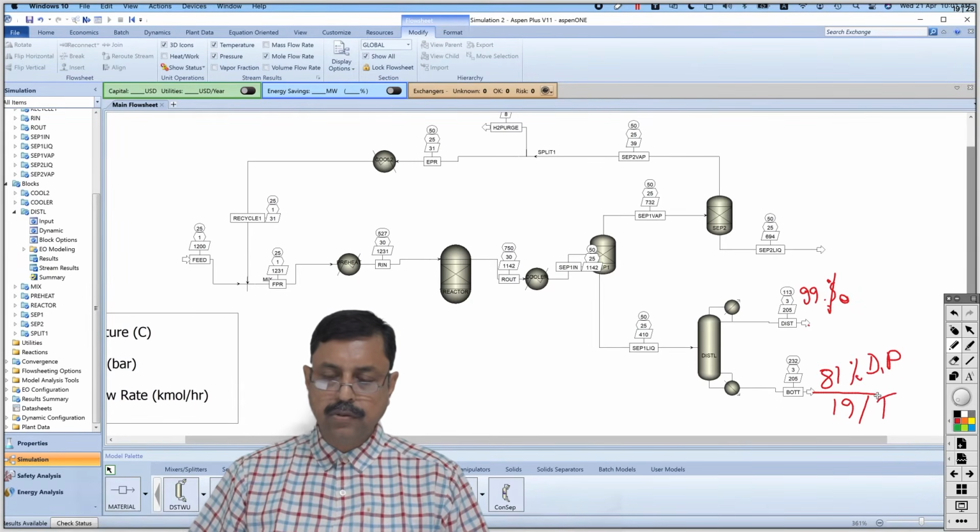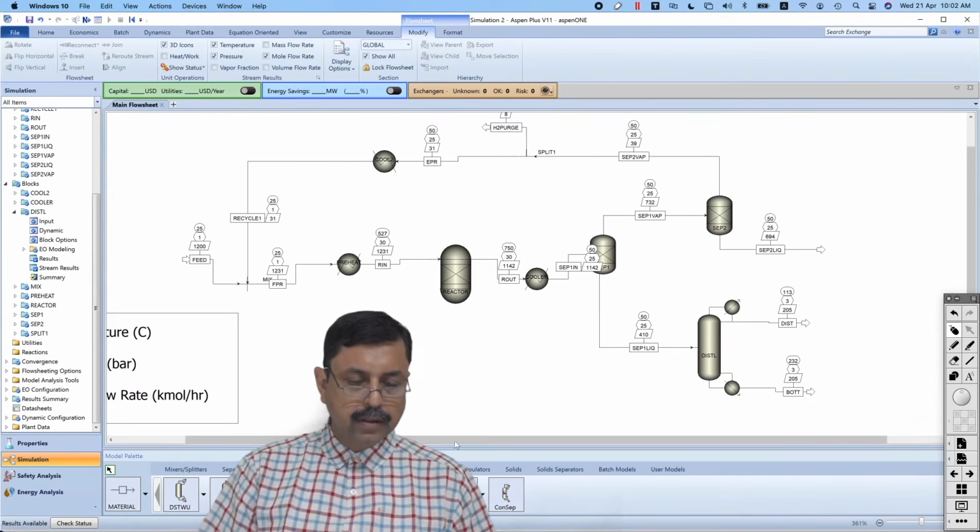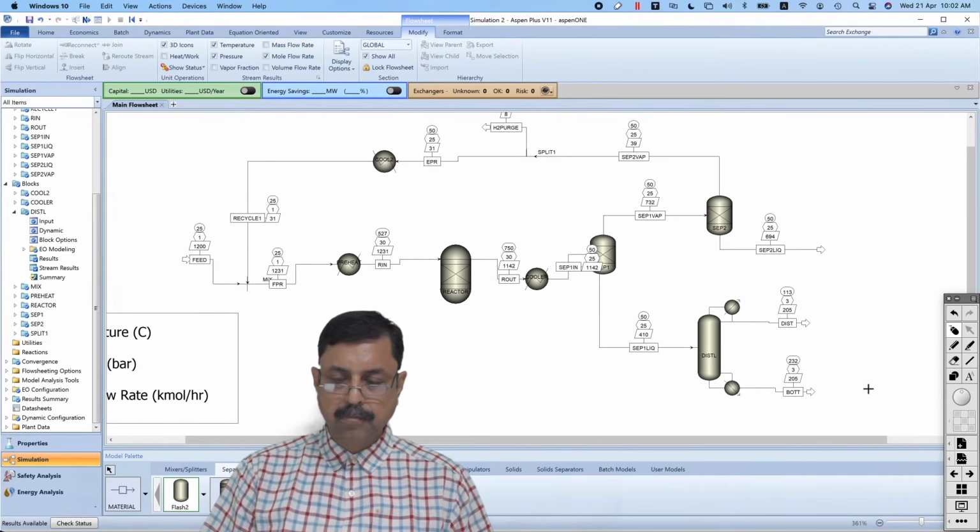So this has to be passed through a flash. And obviously this flash will contain mostly toluene, the vapor phase, and liquid phase will be diphenyl. Let us see whether it happens so. Let us attach a flash